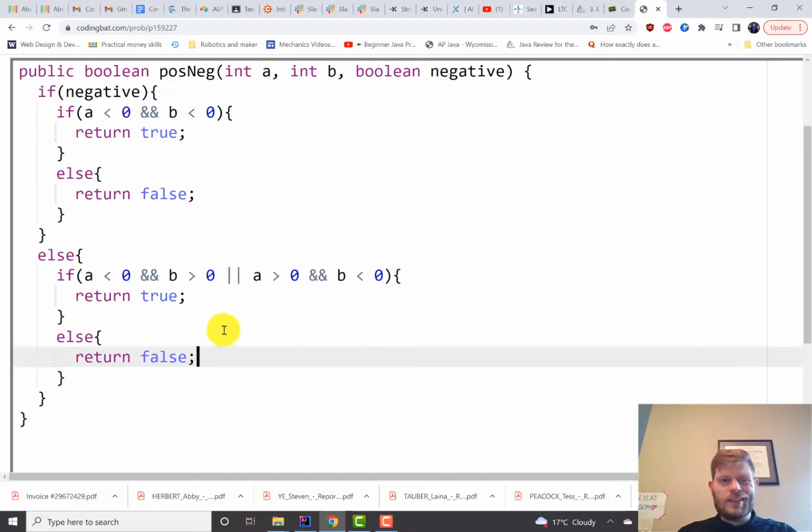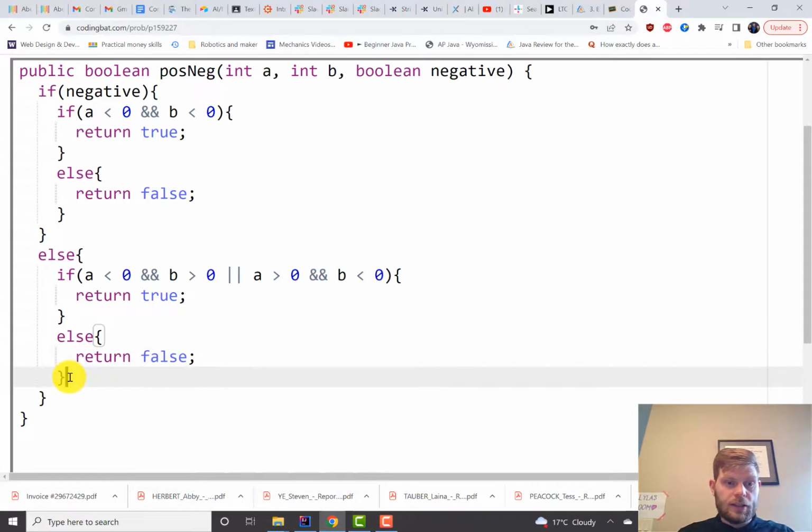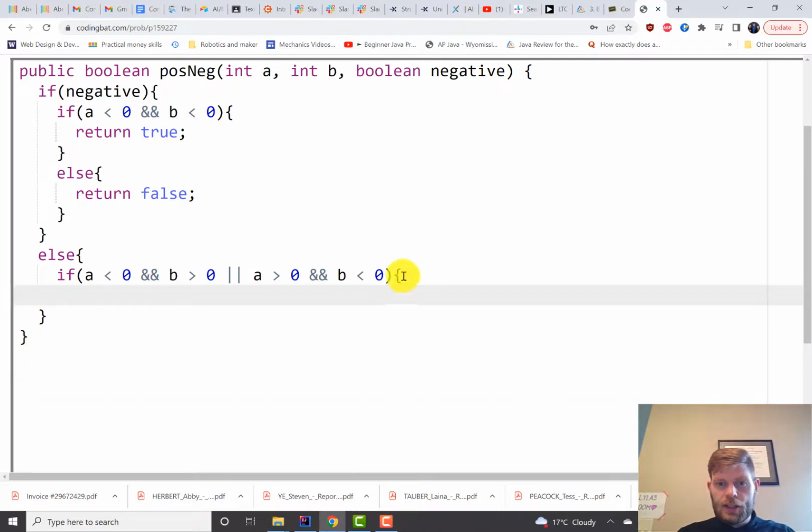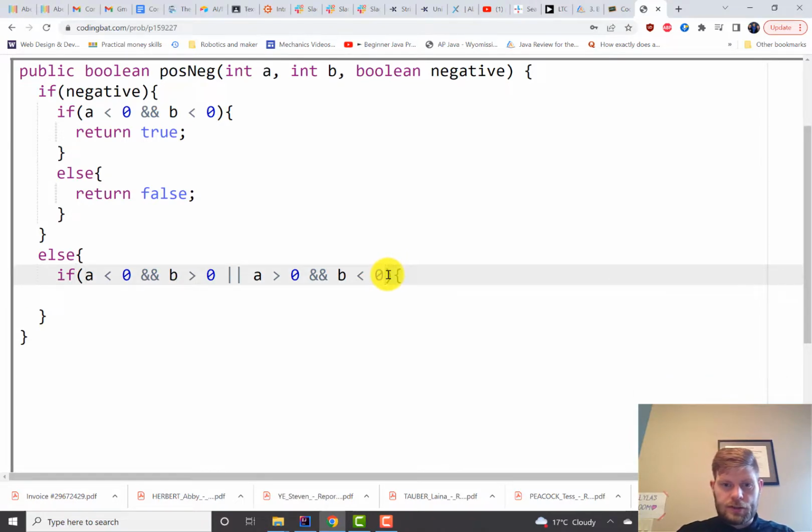So that works pretty good. It's a little longer than I'd like, but we can do something about that. We've got this if, the condition, we return true, otherwise we return false. Why don't we just return that condition? That'll work. So we can delete all this and just